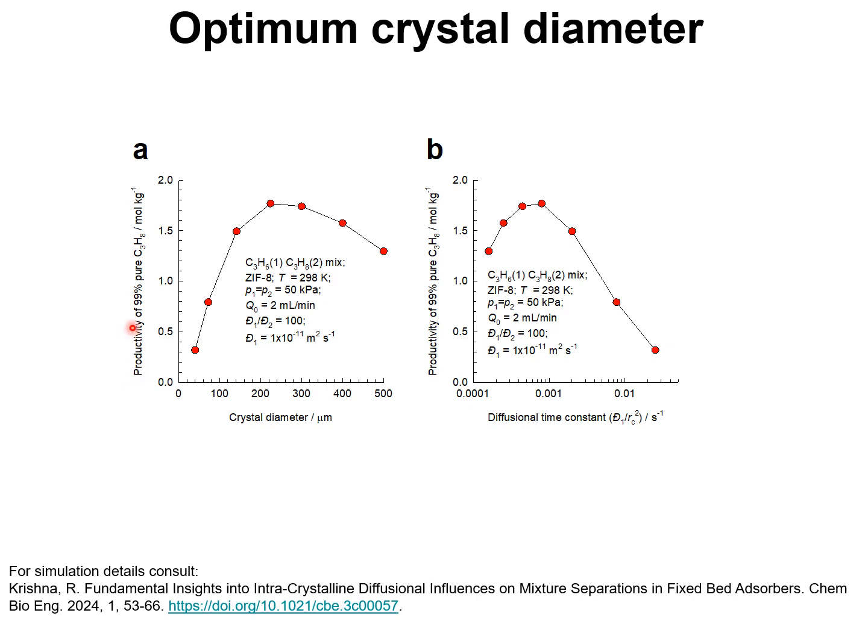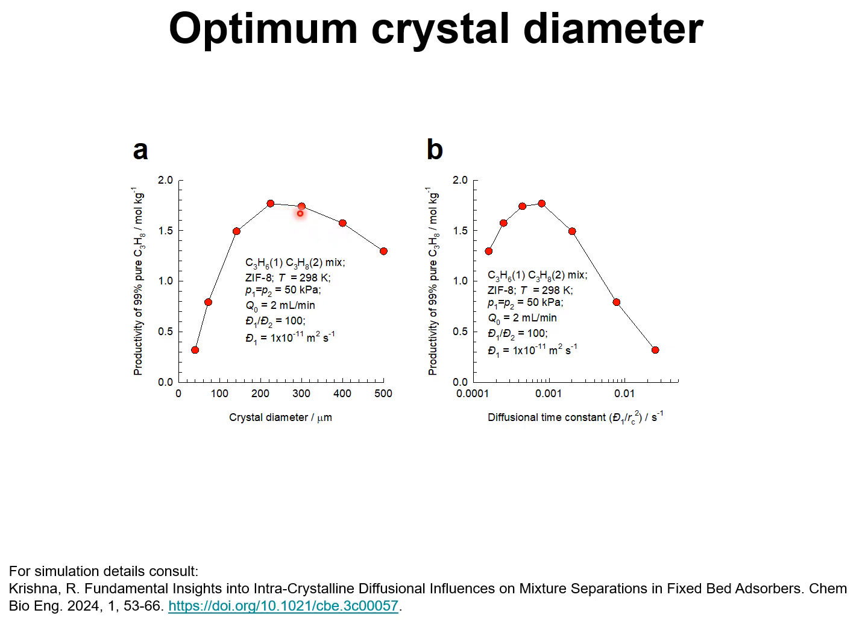The productivity of purified propene in the adsorption cycle with a purity of 99% plus is determined from the simulation data. We see that the increase in the crystal diameter increases the productivity due to the increasing diffusional influences till a particle size of 224 micrometers is reached. Increasing the crystal diameter beyond that point reduces the productivity, because with increasing diffusional resistances,